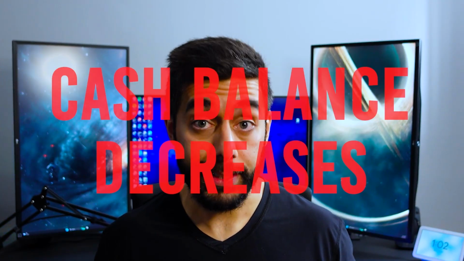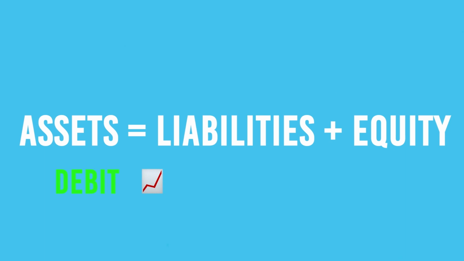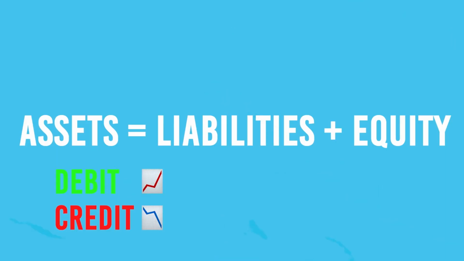And on the flip side, if you take cash out of your account, say to pay off a loan, your cash balance decreases. And remember our rule that the balances on the debit side are increased with debits and decreased with credits. So when your cash balance decreases when you pay off that loan, you credit it to decrease the cash balance. Now let's look at the same thing on the right side of the accounting equation. It's basically just the opposite. So if you remember, credit means right. So on the right side of the accounting equation, credits increase the balance and debits decrease the balance. It's just the opposite. So for example, let's say we take out a loan for our small business.